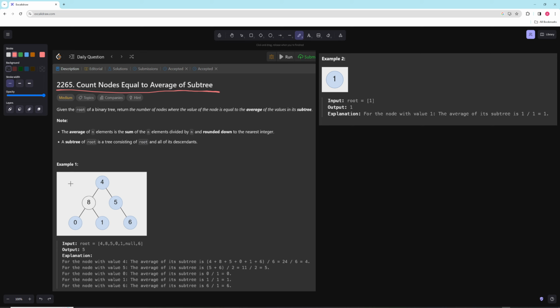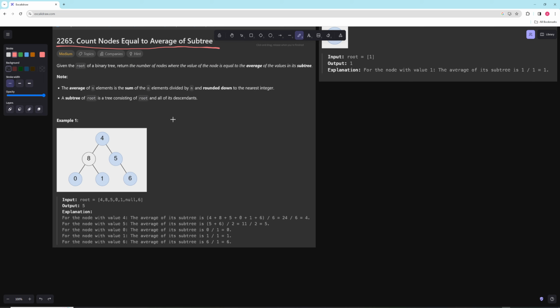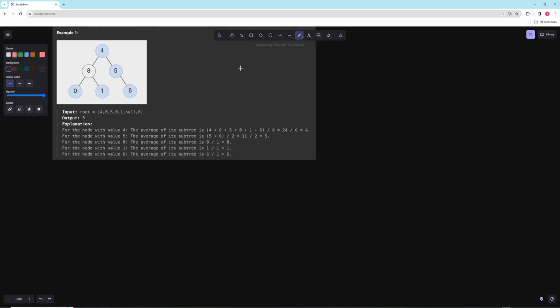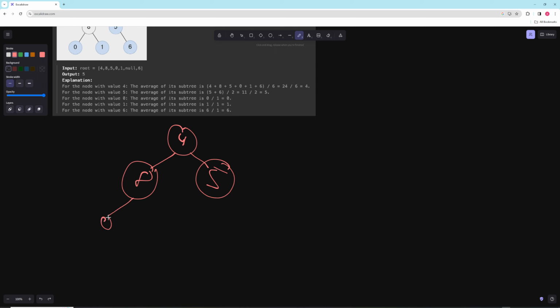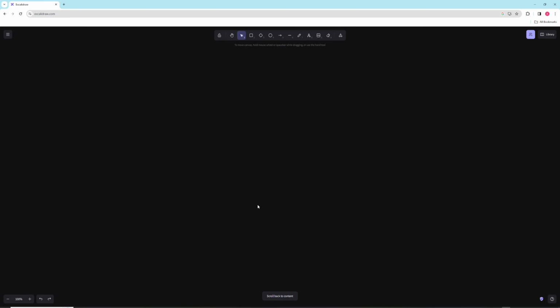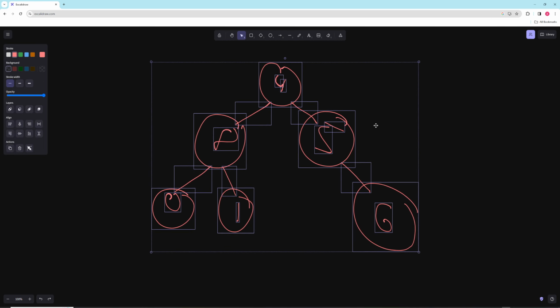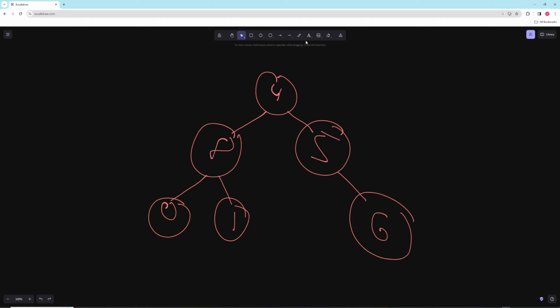So we're actually going to take this example here and go over it in detail. Let's redraw it down here and maybe make it bigger. So we can have 4, 8, 5, 0, 1, and finally 6. Okay, there we go. So essentially, what we need to be doing in this problem is